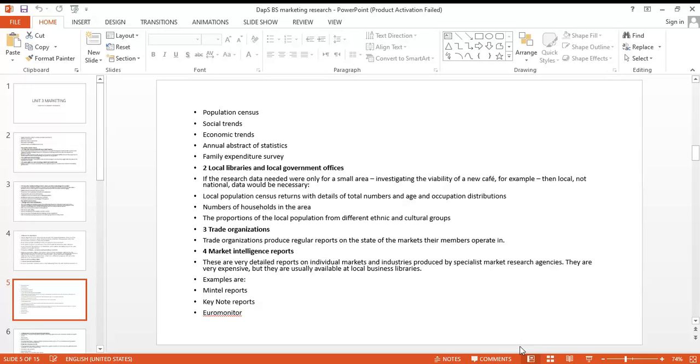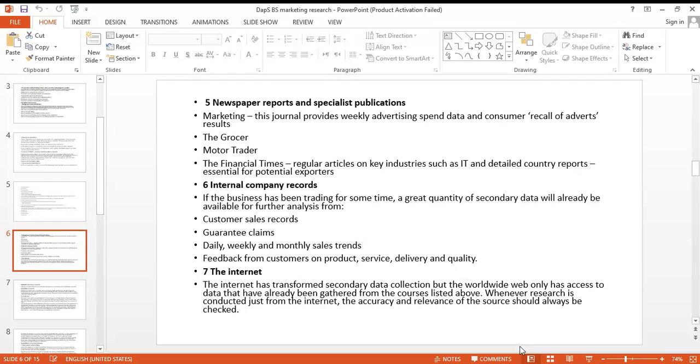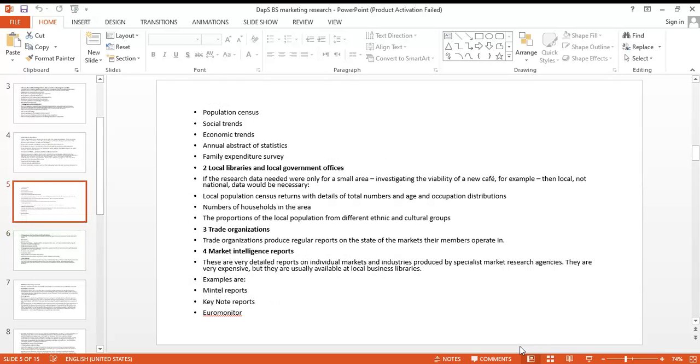Then there are trade organizations, and that's interesting. I call them trade associations, also sometimes called management associations. These are organizations of managers. They are not like trade unions. Trade unions are organizations of workers. These are organizations of people who are actually running the business. And do keep in mind, in order to run their business, they need a lot of information. So they publish that information, they share that information.